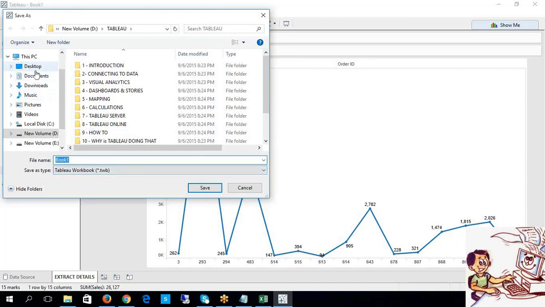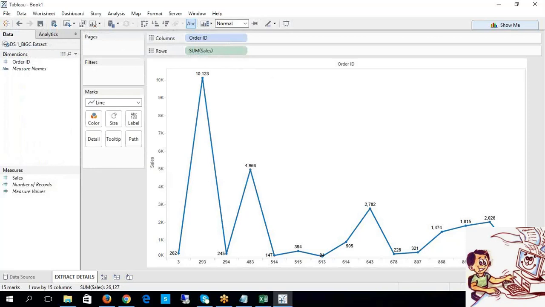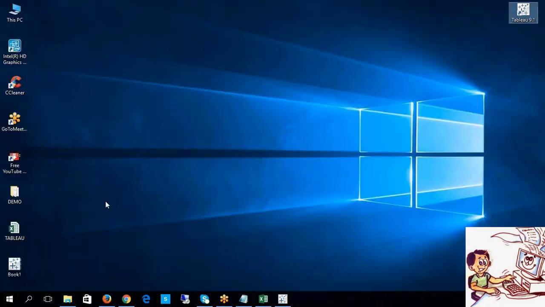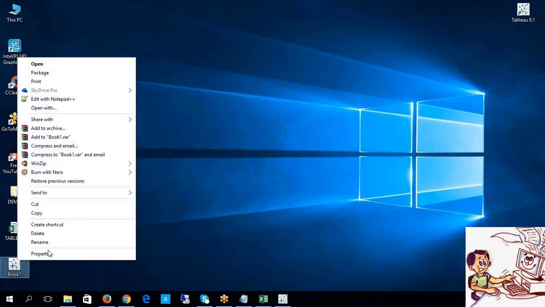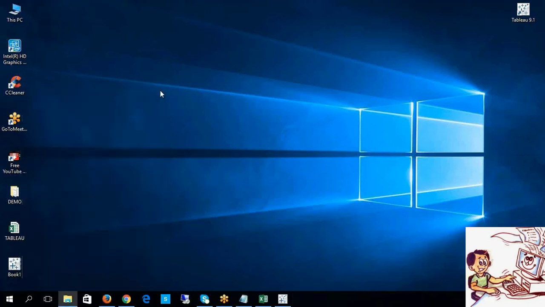You can save it on your desktop. Look at the iconic representation. But this workbook doesn't let you know whether it is with a live connection or with a data extraction. It never knows.